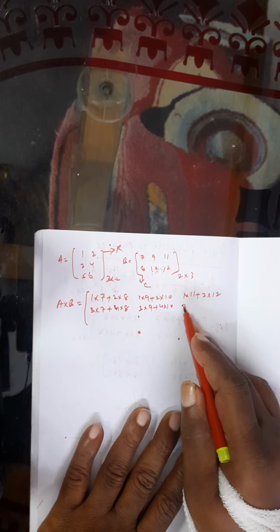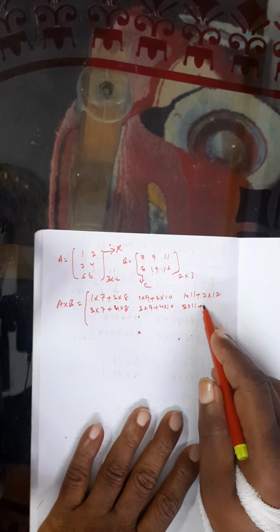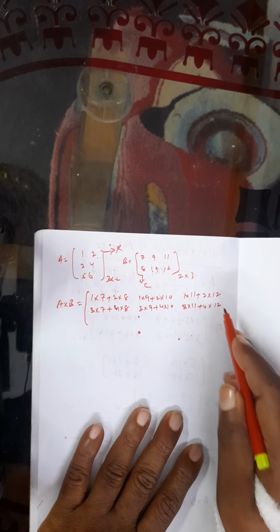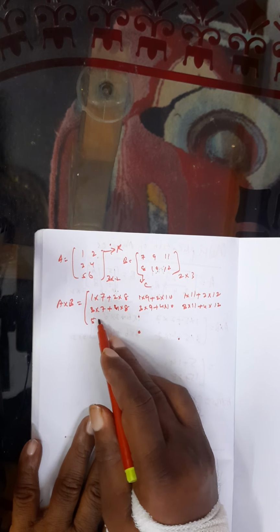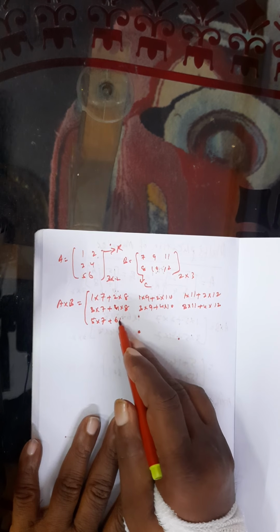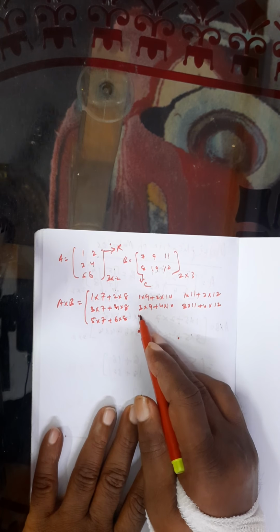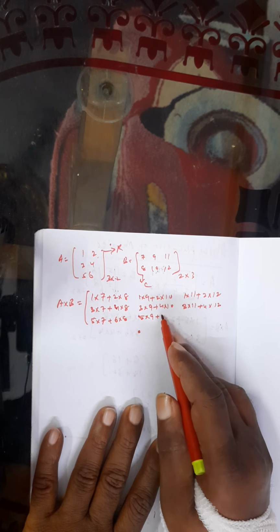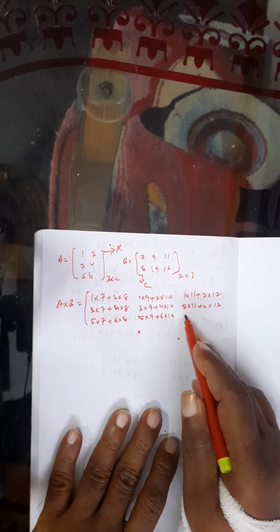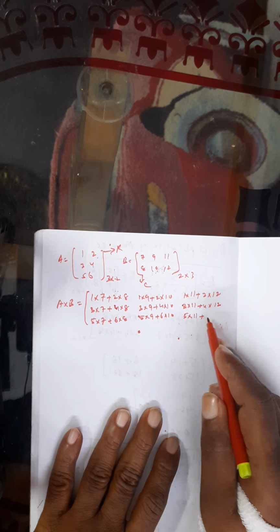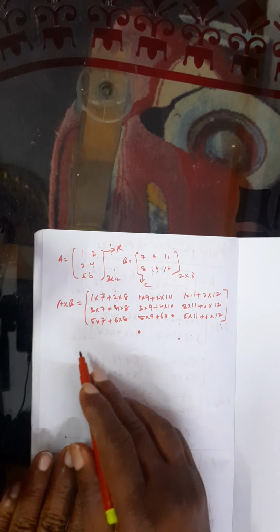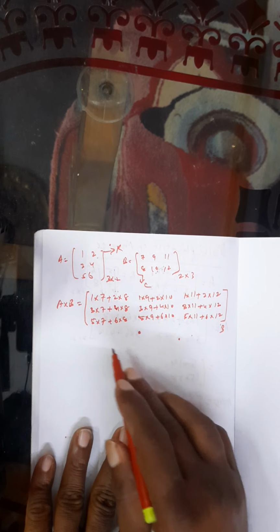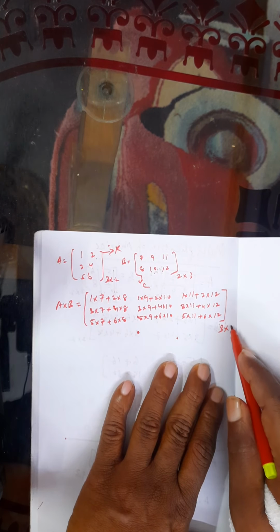Here again we have to take 3 multiplied with 11 plus 4 multiplied with 12. Again one more row is there, so 5 into 7 plus 6 into 8, 5 into 9 plus 6 into 10, again 5 multiplied with 11 plus next number 6 multiplied with next 12. So like this we will get this: 1 row, 2 rows, 3 rows, 3 rows are there; 1 column, 2 columns, 3 columns, 3 columns are there.